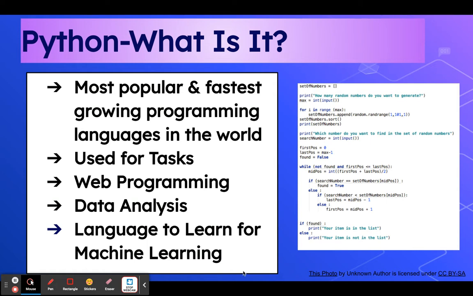It's used for tasks. Okay, so like I said, this is one task. It's web programming. The tasks involve data analysis, so it does work in a nice, convenient way, a structured way to take up tons of data, and then decipher it and put it into the output that you're asking for. If you were into machine learning, robotics, etc., Python is the way to go. That is the program that is universal for machine learning and for AI.